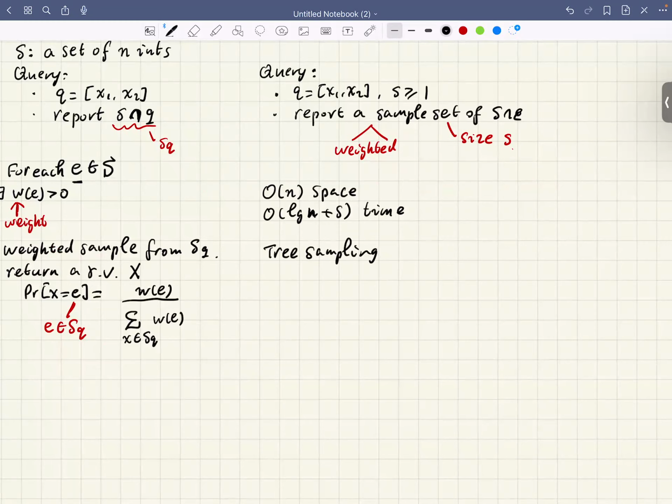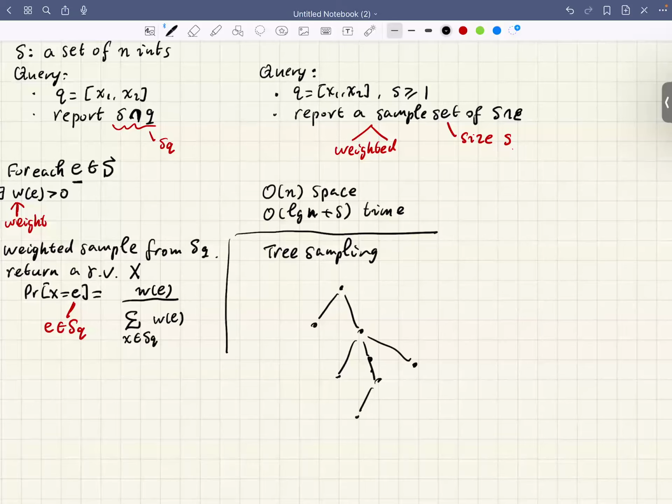So this tree sampling says the following. I have a tree for you. This is an arbitrary tree. Let's say it doesn't have to be binary, and it doesn't have to be balanced either. It's a really arbitrary tree, something like this. And you can see leaves here, correct? We only want to sample the leaves. We're not interested in internal nodes. However,